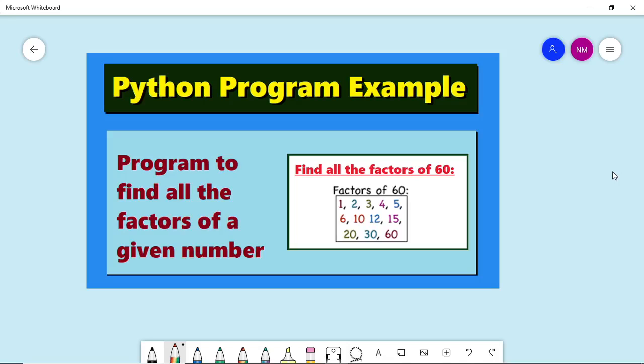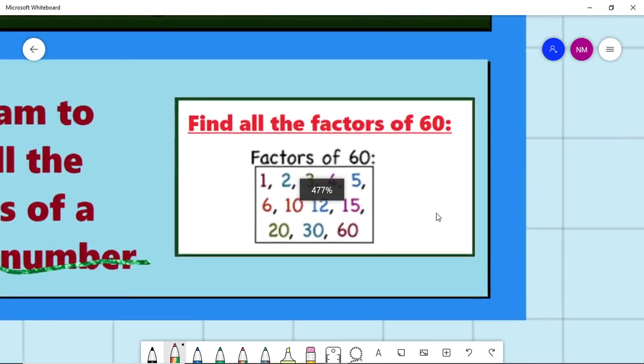You are welcome. In this video, we'll explain the program to find all the factors of a given number. How to find the factors of the given number. So this is a Python program example. In this example, let's find the factors of the given number. So here, if we take example as 60,